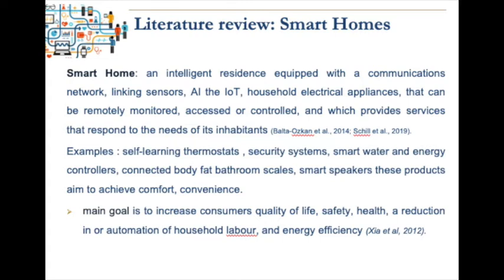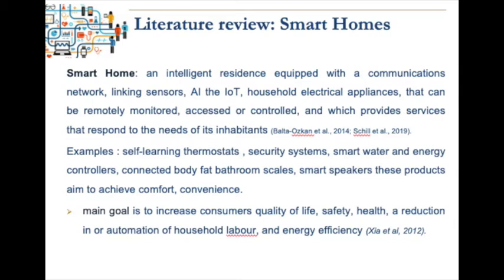Examples are self-learning thermostats, security systems, smart water and energy controllers, connected body fat or bathroom scales, smart speakers, and these products aim to achieve comfort and convenience for their users. The main goal is to increase consumers' quality of life, safety, health, a reduction in or automation of household labor,